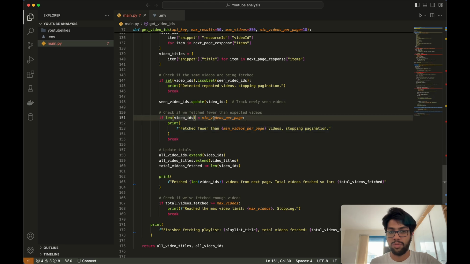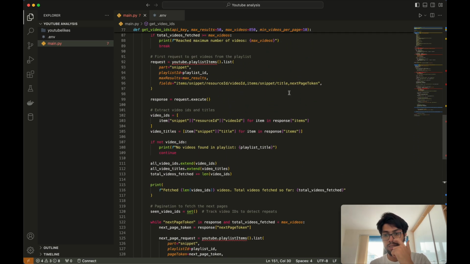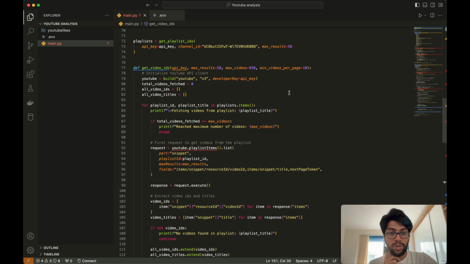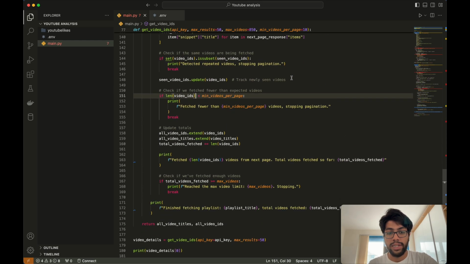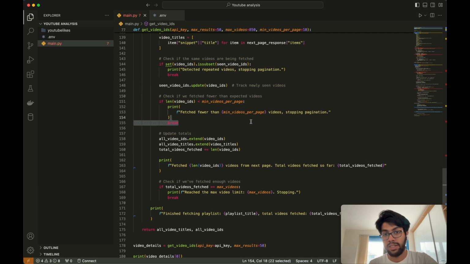So the length of videos per minimum page. I had set the minimum videos per page equal to 10, and we were just checking this. So if it's less than 10, then we would print "fetched fewer than minimum videos and stopping pagination." That's when I decided that we need to stop the pagination if the minimum amount of videos were not detected